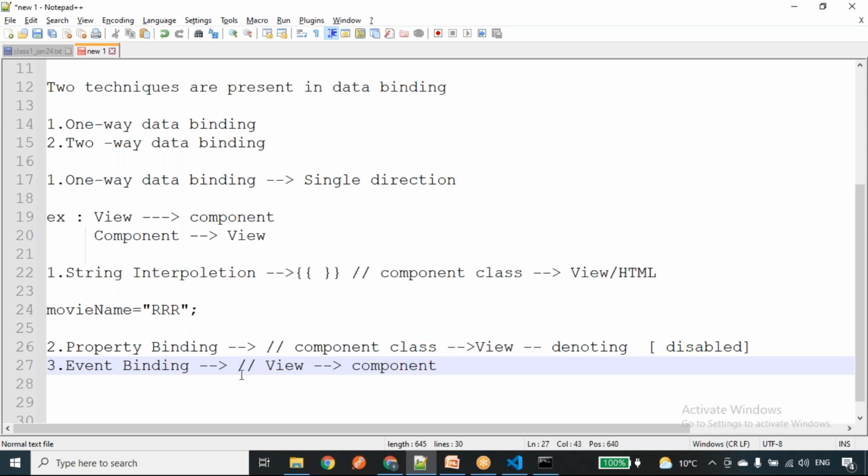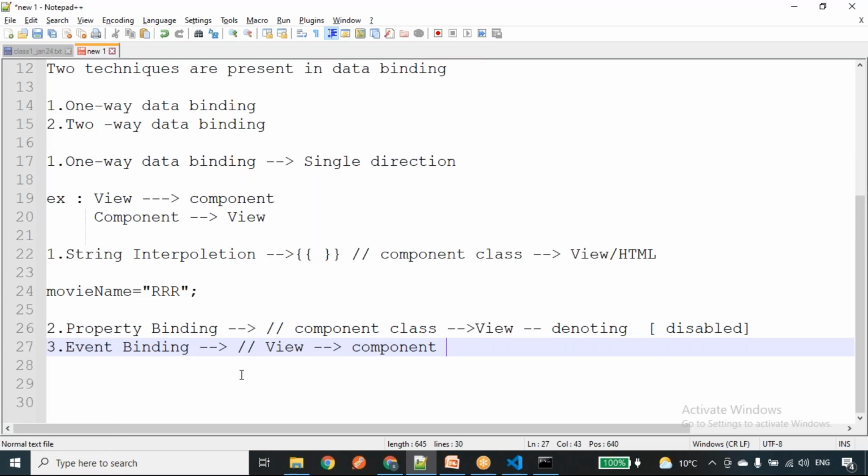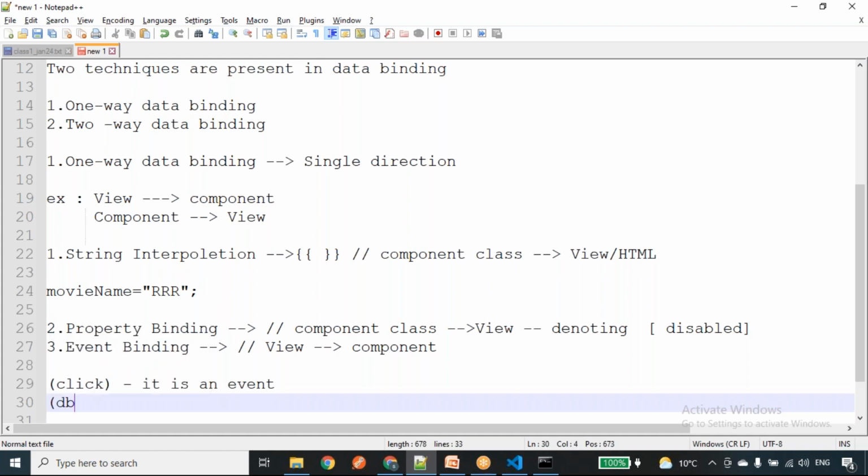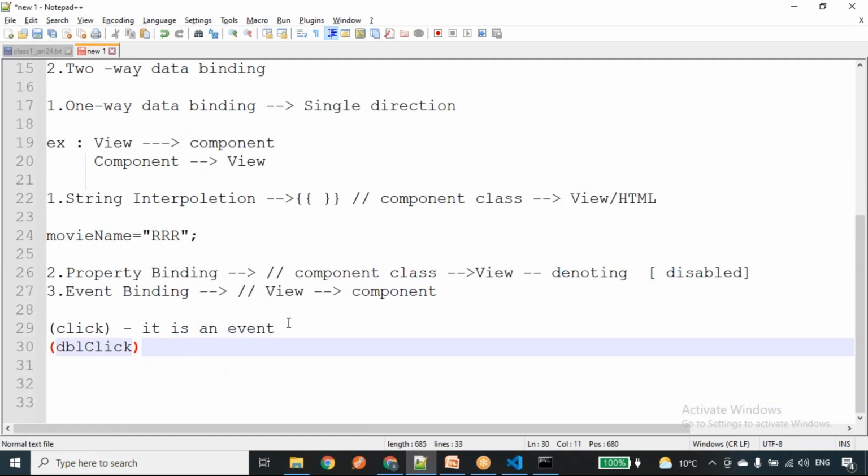Here the event is nothing but, whenever I click on some button, click is one event. Or, for example, double click is also one event. Whenever I click on a button, the button will be present in the view, right?